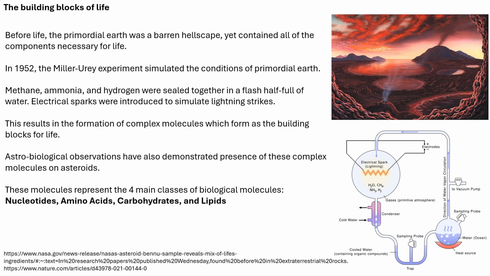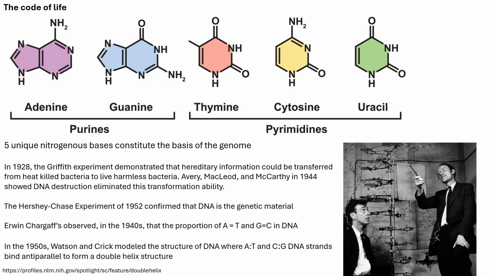I'm just here to say that there are four main classes of biological molecules where, if we find them on other planets, we can get a little excited that there might be life, which are nucleotides, amino acids, carbohydrates, and lipids. And for the rest of this introduction, we're going to focus on nucleotides specifically, of which there are five: adenine, guanine, thymine, cytosine, and uracil. And these are really the code of life, how we can put them in a sequence and compose the instructions